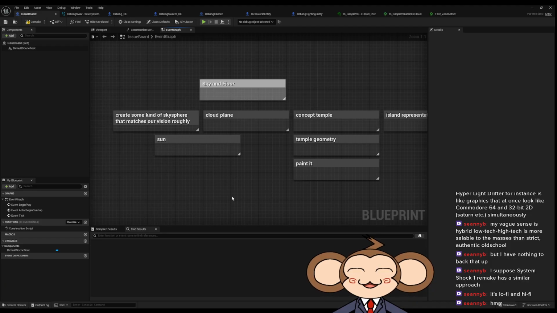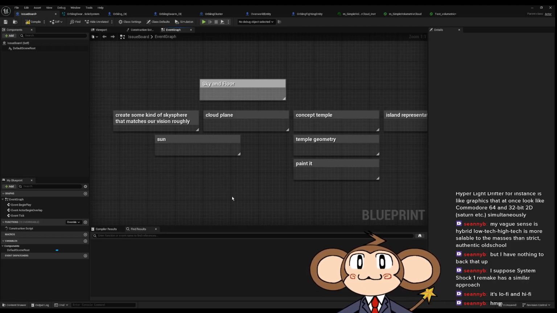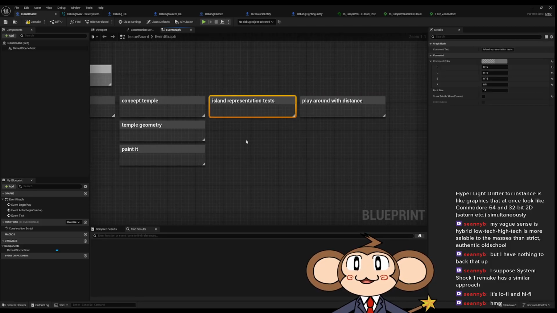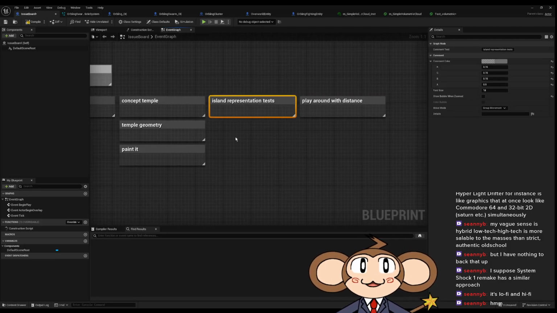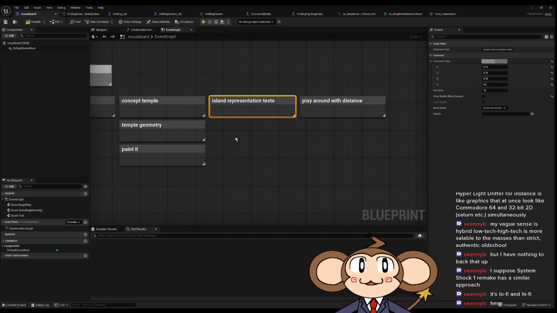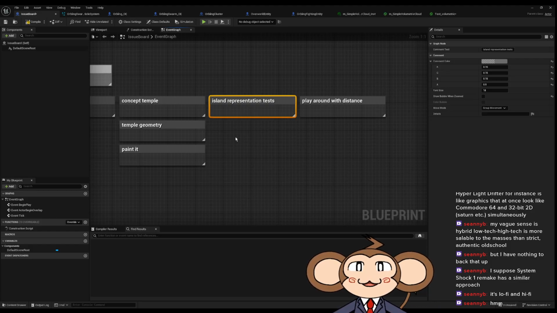Am I missing it? Yes, this one will be a question mark. I'm able to run with it. If I don't have a representation, as in the island itself, play around with shaders and